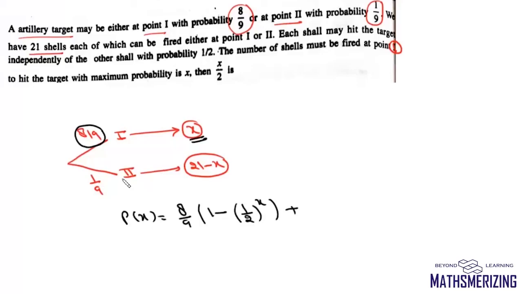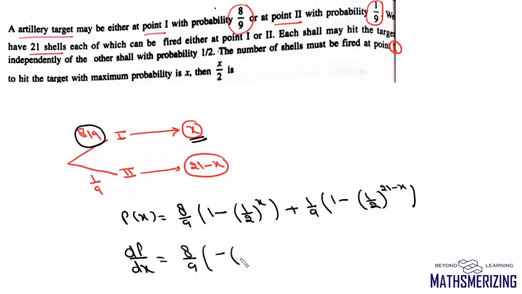In the same way, for the second target this probability is 1 by 9, and it is destroyed with the probability 1 minus (1 by 2) to the power 21 minus X. Now we need to find the value of X for which this probability is maximum. So we'll differentiate. We'll find dP upon dX, and it'll be 8 by 9, and it is minus 1 by 2 to the power X ln 2